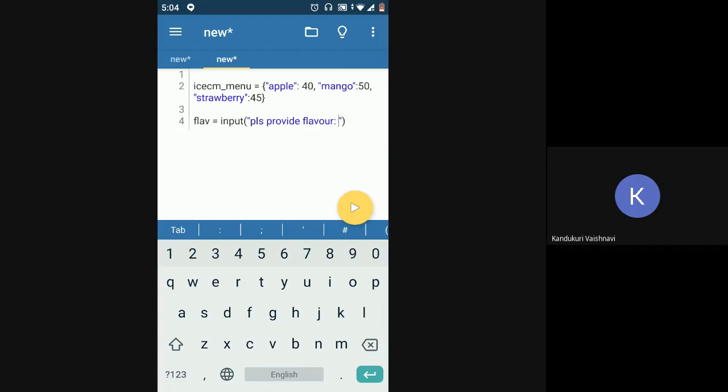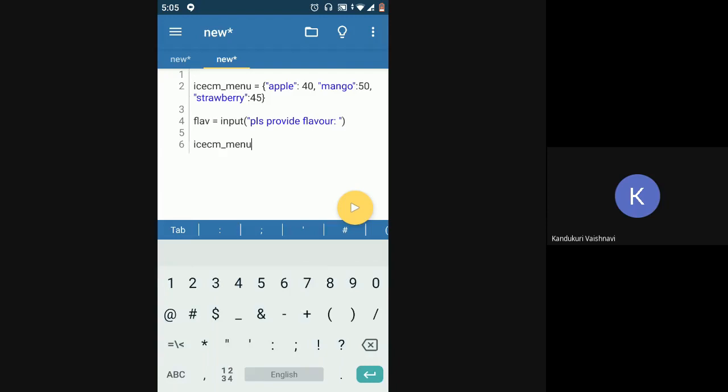Now I'm taking the flavor from the user, and first I'll have to check if that flavor is available, but that we'll see later. So if I want to get the cost of that particular flavor, I'll just say ice cream menu, and I have to specify the key.